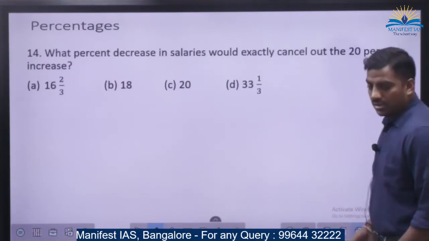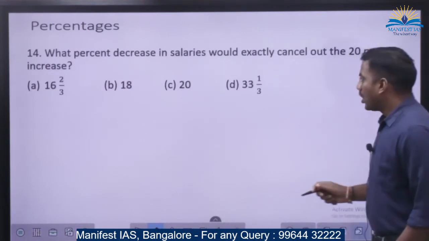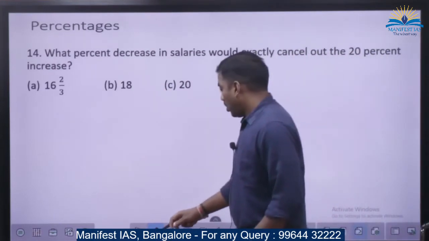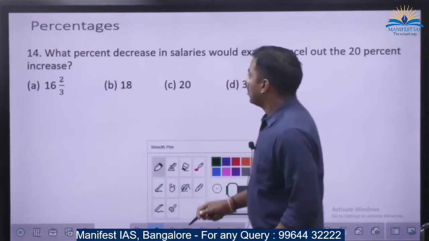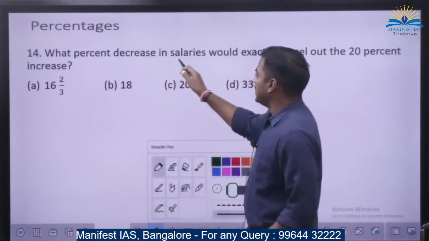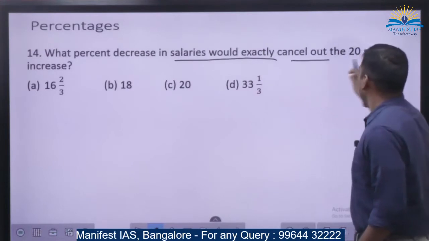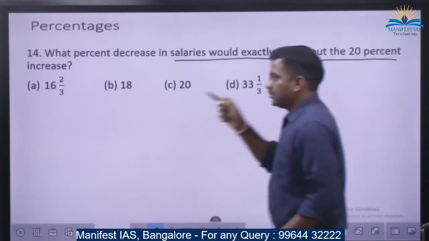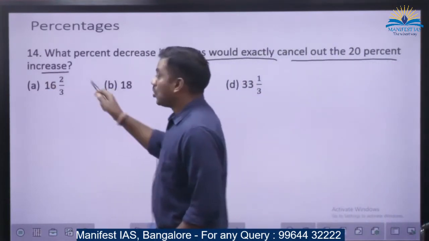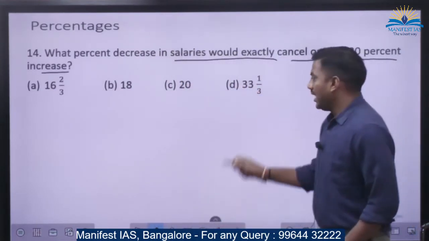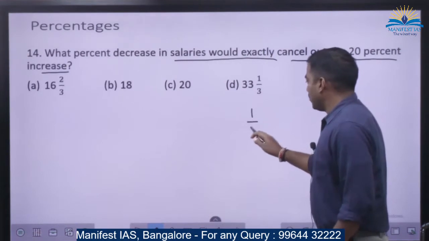Okay. What percent decrease in salaries would exactly cancel out a 20% increase? See, previously I had solved two problems, saying that whenever you increase something by 1 by x,